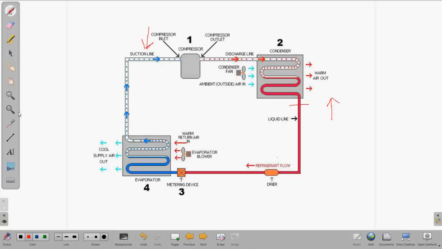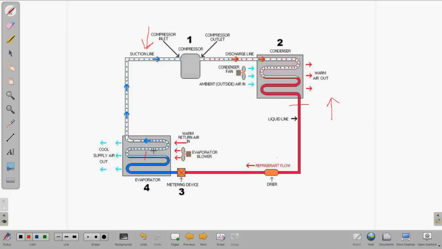Now, remembering it takes a tremendous amount of heat to boil off this refrigerant in the coil, and if the coil is dirty, the filter is dirty, or airflow is restricted, it's not moving as much air across that coil and heat across that coil as it needs to boil this refrigerant off. So instead of this refrigerant being boiled off at this part of the coil, getting proper superheat,